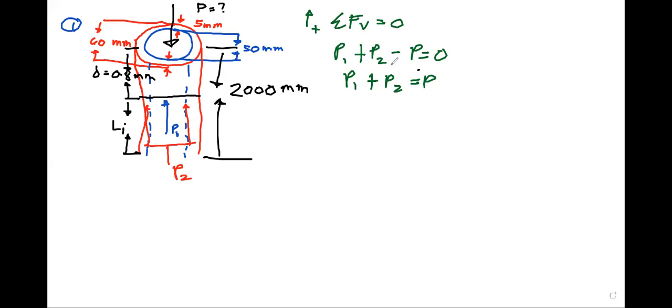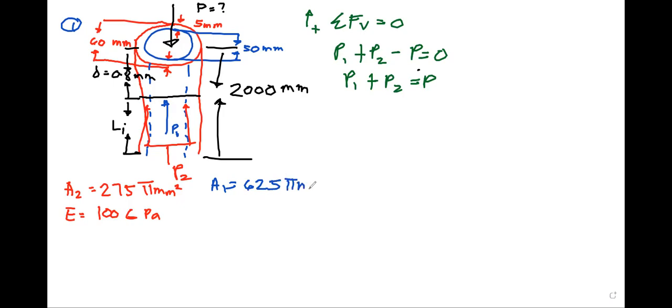So now, let's go to the dimensions. Okay? So first, let's write the dimension of our cast iron. So like I said, we already solved A2, right? Technically, that is A2. 275 pi mm squared. Okay? Not mm. Oh no, mm squared. Next, we have the modulus of rigidity for cast iron, 100 gigapascal. Okay? Anything else? That's all we need. So, next, let's also write A1. A1 is equal to 50 mm squared over 4 pi, 50 squared over 4 pi. So, we have A1 equal to 625 pi mm squared and the modulus of rigidity, so E1